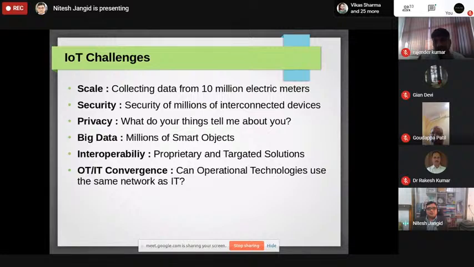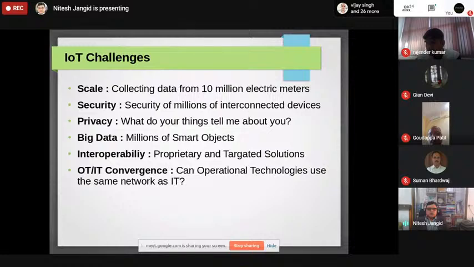Big data, because millions of smart objects are generating huge amounts of data. For example, if I'm collecting my room temperature every second, you can understand how many seconds there are in a whole day, and that many records are generated by your temperature sensor. So if you want to get the average temperature throughout the month, you can understand how many records there are. So big data is definitely generated by the IoT platforms,